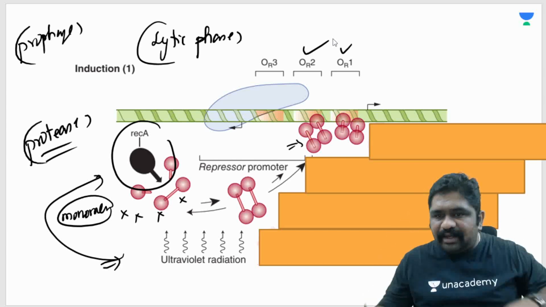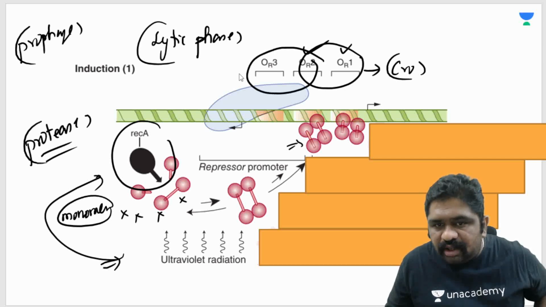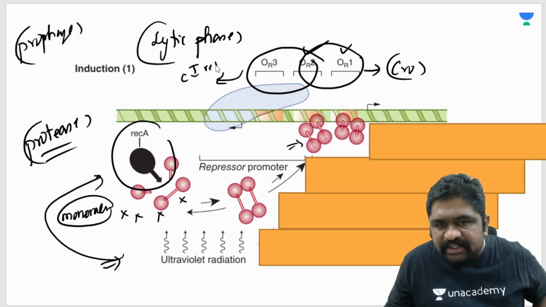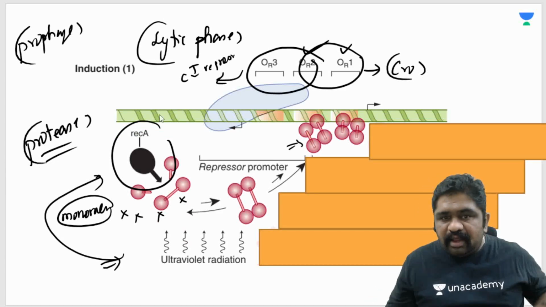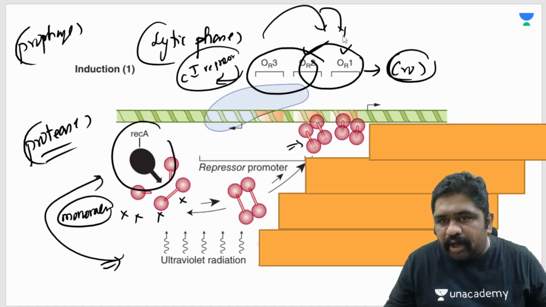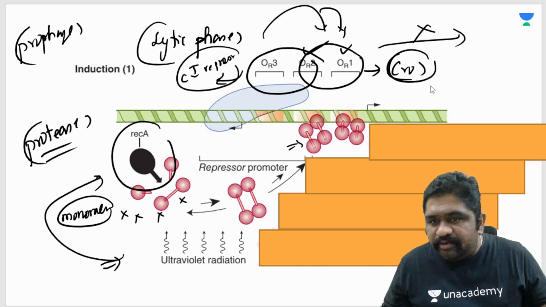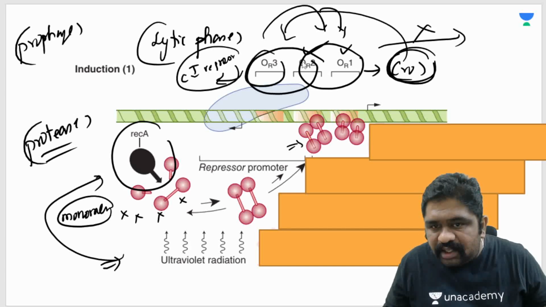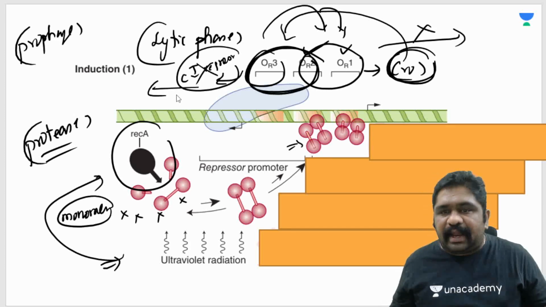Now can you understand this idea here? When I say OR1 and OR2 are here, next to them will be the CRO genes. If I look at OR2 and OR3 here, in this direction we have the CI repressor protein. Now I told you in the previous slides, the CI repressor proteins are supposed to be tetramers. CRO proteins will be single dimers. If the CI repressor proteins are able to bind on the OR1 and OR2, then you will not have activation of the CRO protein. If CRO protein is able to bind to the OR3 and OR2, then you will not have the CI repressor protein being activated. Okay,